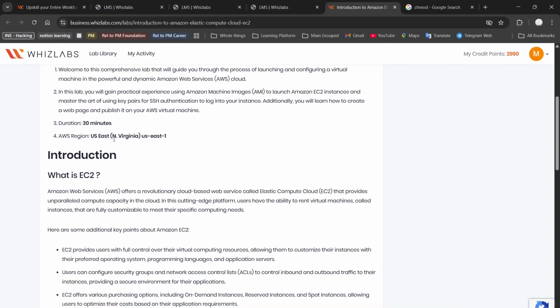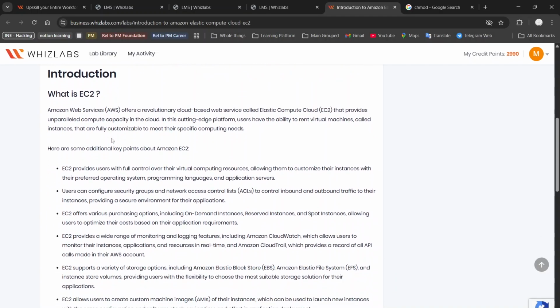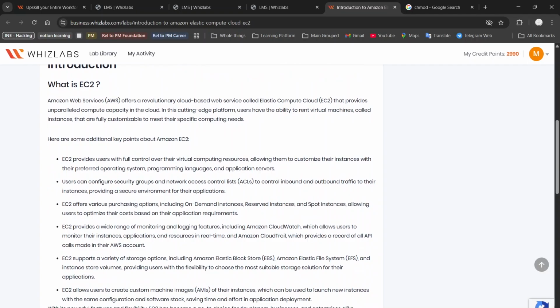Duration will be 30 minutes. The region will be US East Virginia. Now, what is EC2? AWS offers a revolutionary cloud-based web service called Elastic Compute Cloud, which is EC2, that provides unparalleled computing